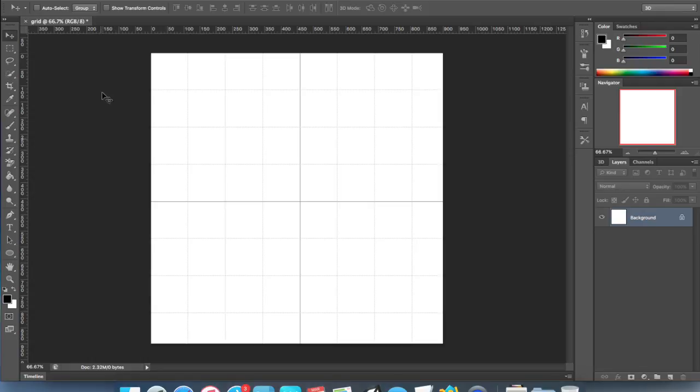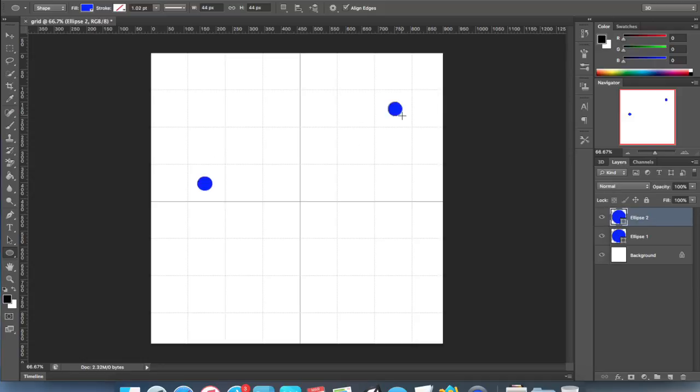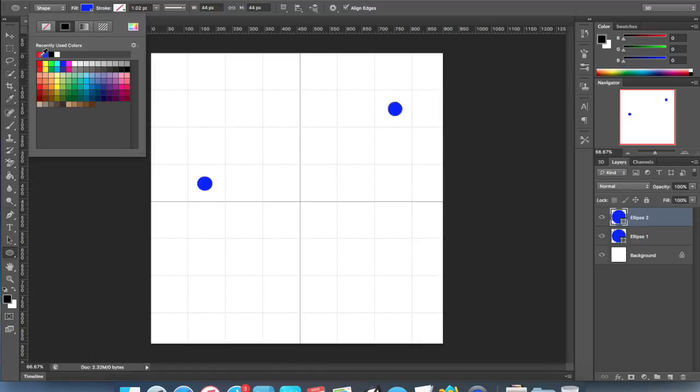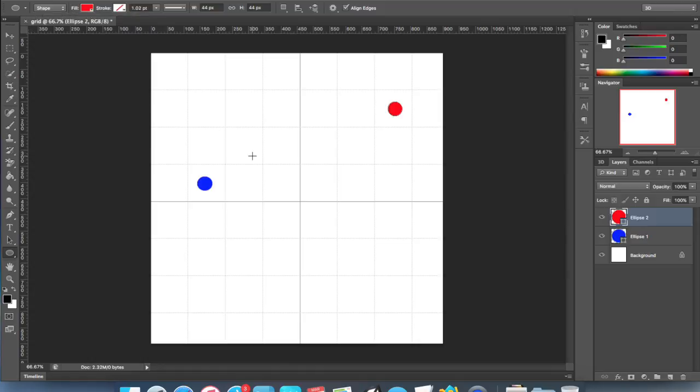What I'm going to do now is put in a couple of circles just to represent some soldiers on a battlefield. So I'll put one there and one there. I'll put that one red. Perfect. So what they're doing now on the battlefield is constantly